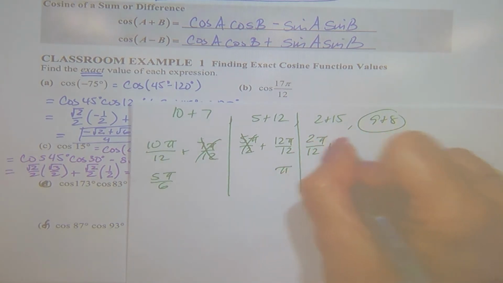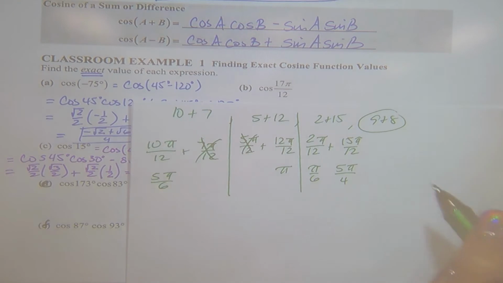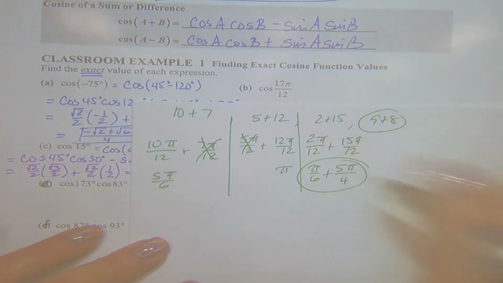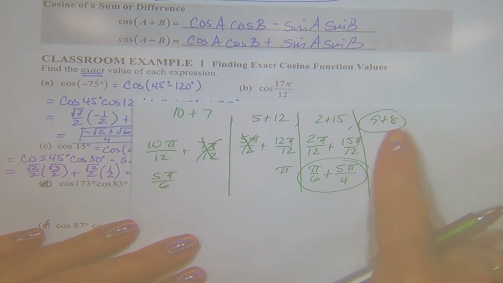2 pi 12 plus 15 pi 12. That reduces to pi 6. This one reduces to 5 pi 4ths. That one works. Those are both special angles on my unit circle. I could use those. The one that I worked it out with already, so we're going to use it, is